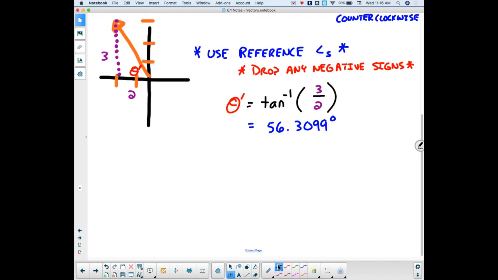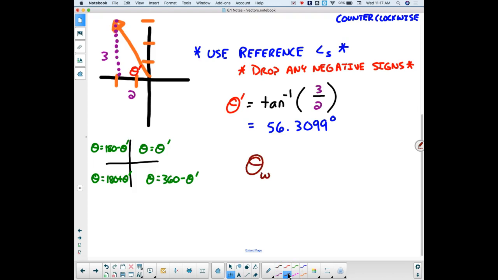Remember in reference angles, we'll go green. Theta here is equal to my reference angle. Theta here is equal to 180 minus my reference angle in quadrant number 2. Theta is equal to 180 plus my reference angle in quadrant 3, and theta is equal to 360 minus my reference angle in quadrant number 4. So since I'm in quadrant number 2, my direction angle, and we label that with a theta, and then we put a little sub whatever the name of the vector is. So this would be theta sub w